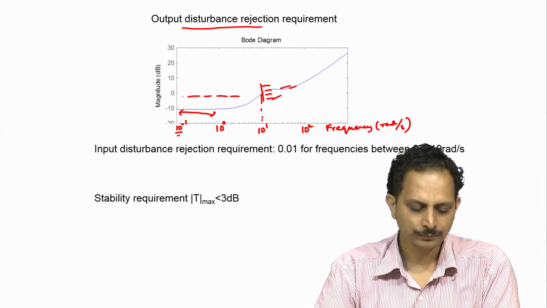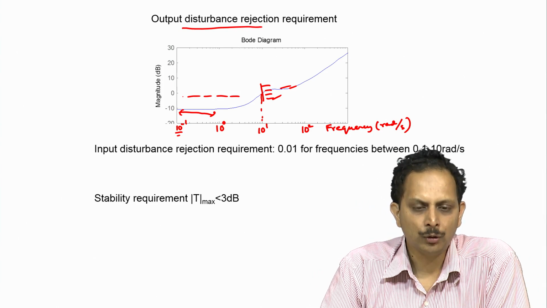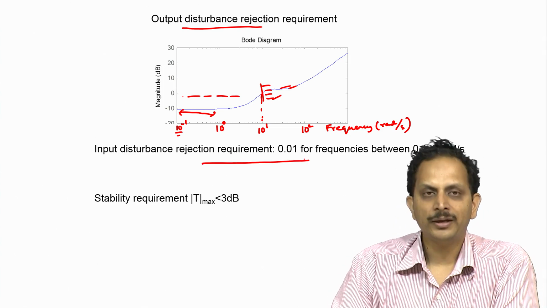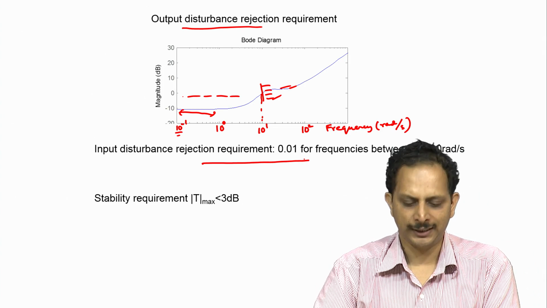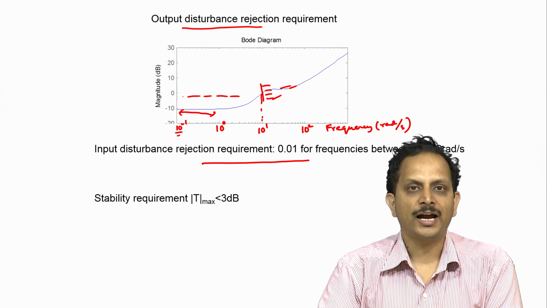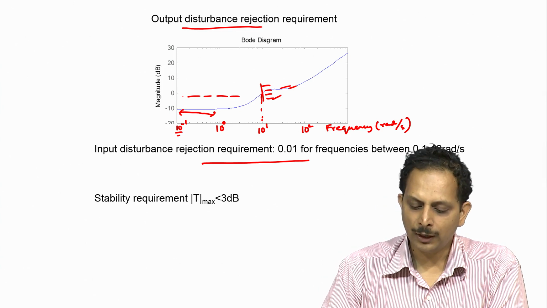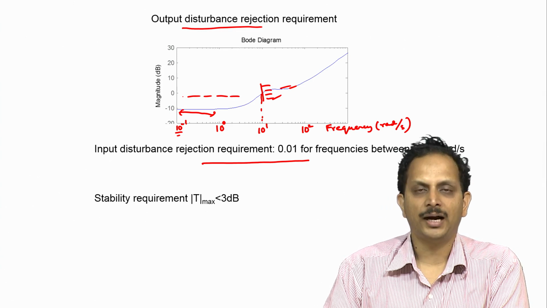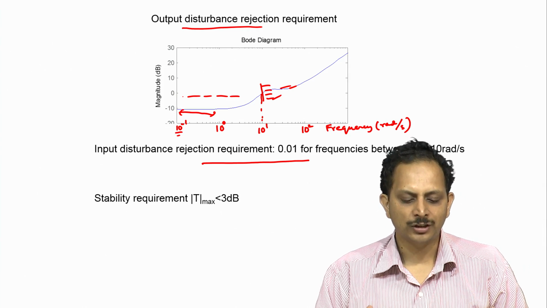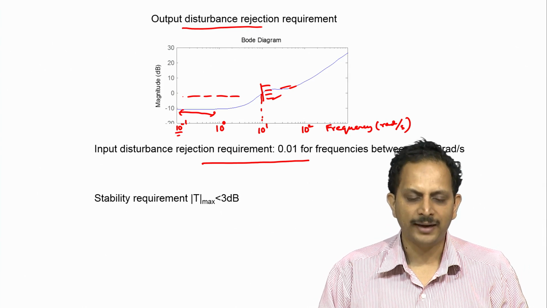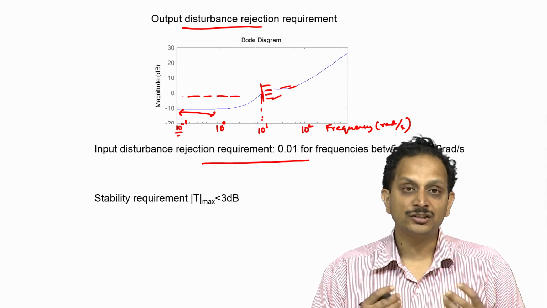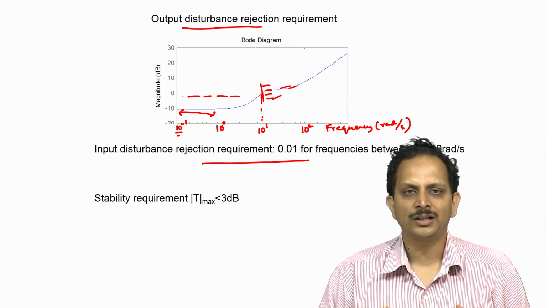design this control system. Now, it so happens that the control system is also afflicted by input disturbance, and in this case we want the input disturbance to be uniformly rejected by 99%, or rejected to 0.01 of its actual magnitude, for frequencies between 0.1 and 10 radians per second. So, the frequency range within which the output disturbance and the input disturbance affect our plant is identical, it is between 0.1 and 10 radians per second, but the extent to which each of these disturbances have to be rejected